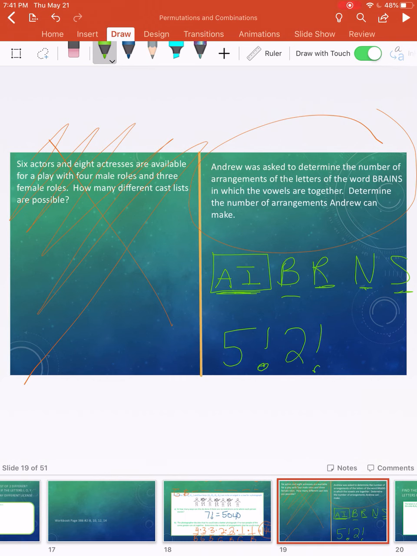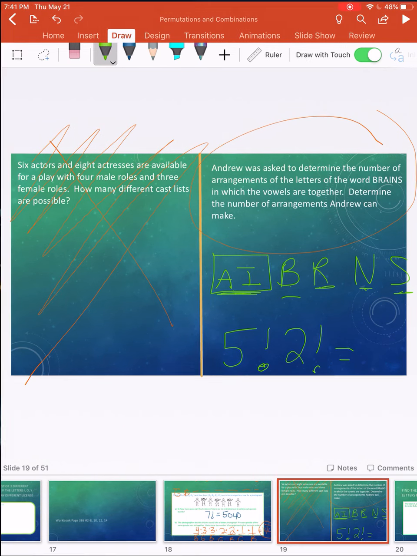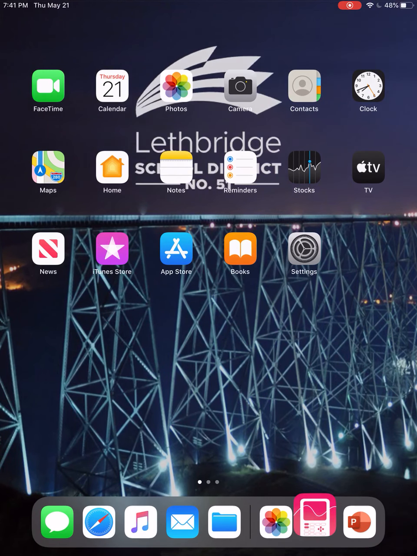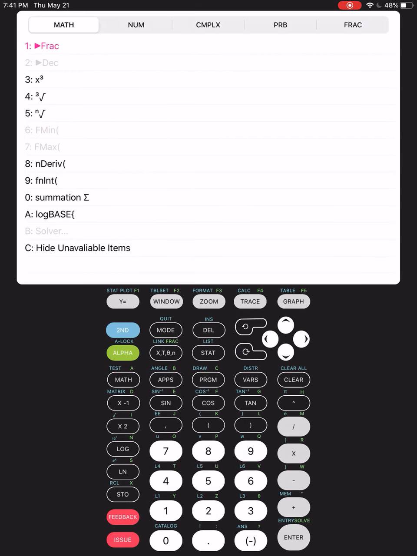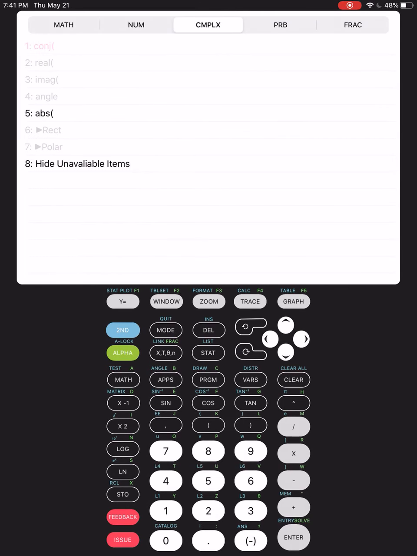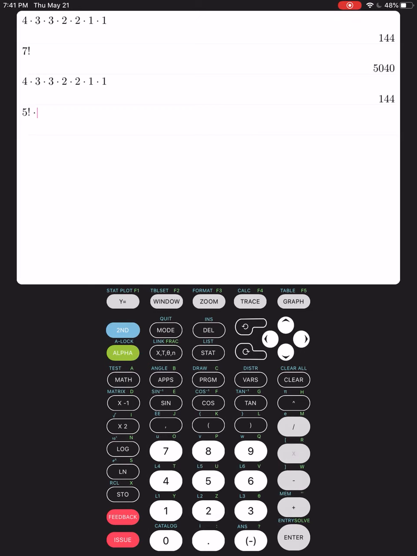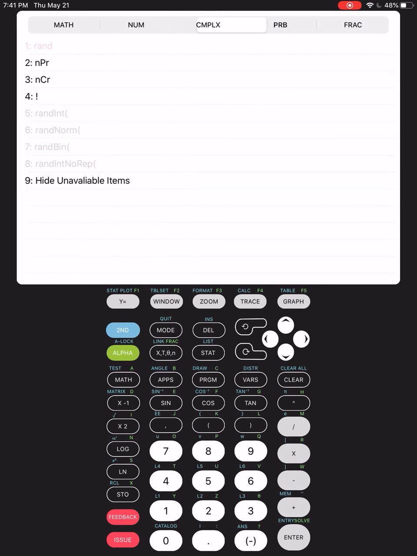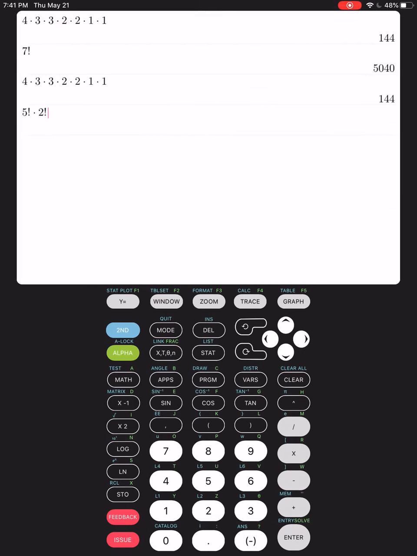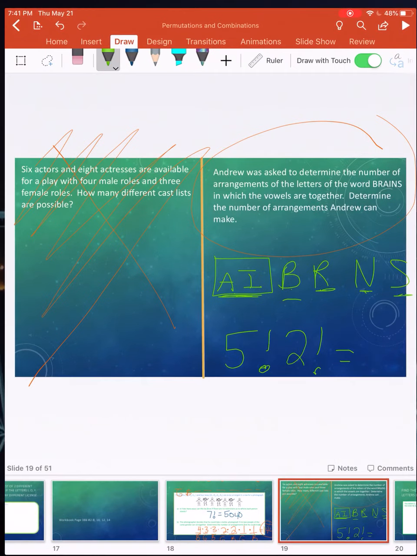I like for you to put the factorial symbol here because a lot of kids will make mistakes when you get to questions where you have more than 2 items that are together, such as 3 items. Okay, so now we're going to type this in our calculator. So we will type 5 factorial times 2 factorial. Okay, and if I type that in my calculator, I get 240